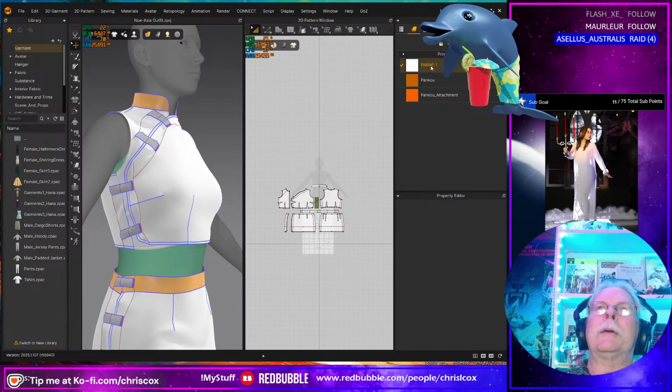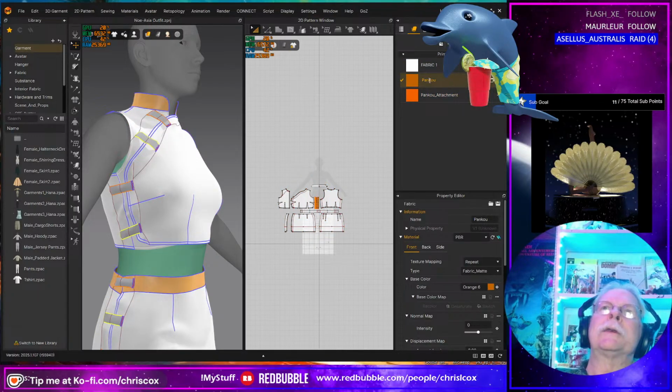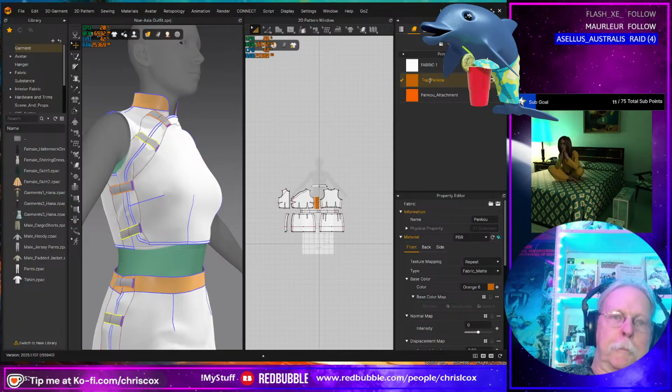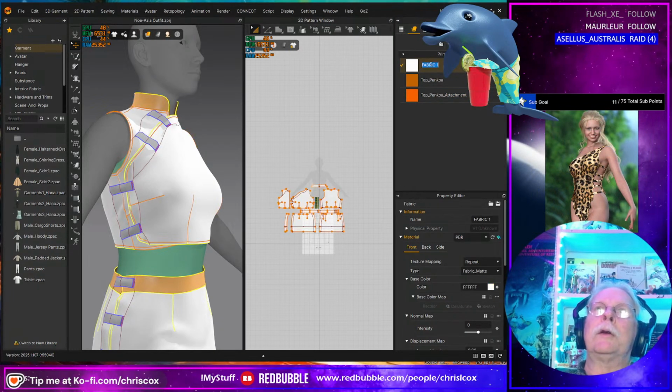We'll start breaking down. We're going to have two Panku. We're going to have the top Panku. I'm going to say top, and then top attachment, and you're going to be top, and then copy that.